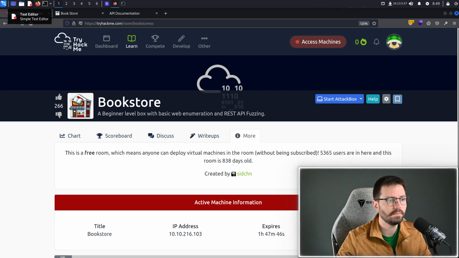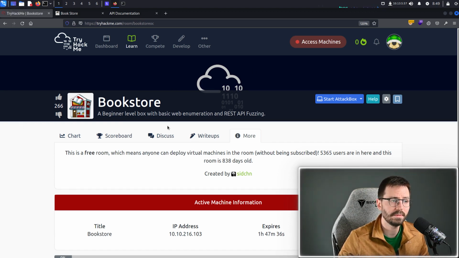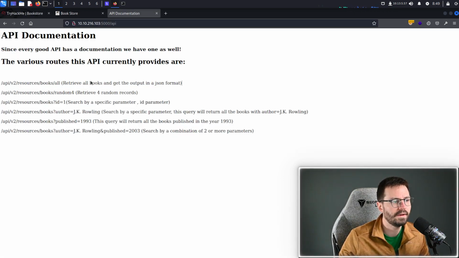In this demo, I'm going to be using an endpoint from Bookstore, which you can see on screen now. And this is a free room available on TryHackMe. So by all means, go ahead, sign up an account to TryHackMe and come to Bookstore if you want to follow along. So here we have some API documentation, and we can see that we have